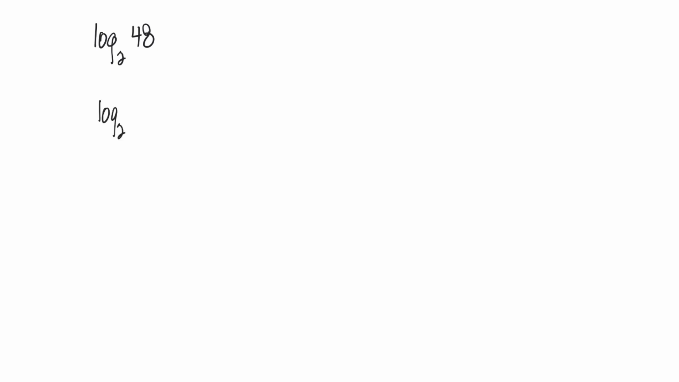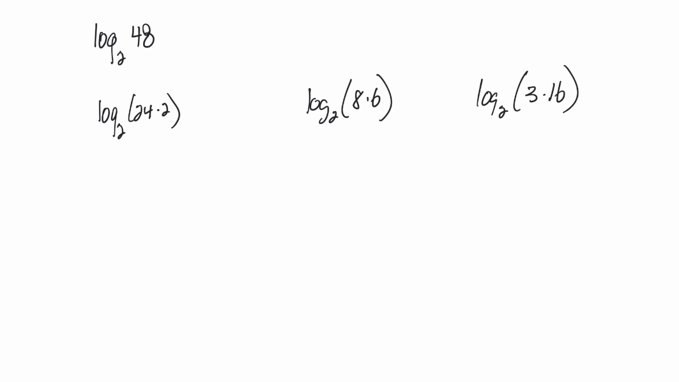Like log base 2 of 48 is the same, say, as 24 times 2. Or we could say it's log base 2 of 8 times 6. Or log base 2 of 3 times 16. So there's lots of things that multiply to 48. But if I simplify these enough, I'm hoping at the end I'm going to come up with the same answer. I shouldn't say hoping. By rules, as long as I follow the right rules, I should come up with the same thing. Okay, so I could rewrite this one as log base 2 of 24 plus log base 2 of